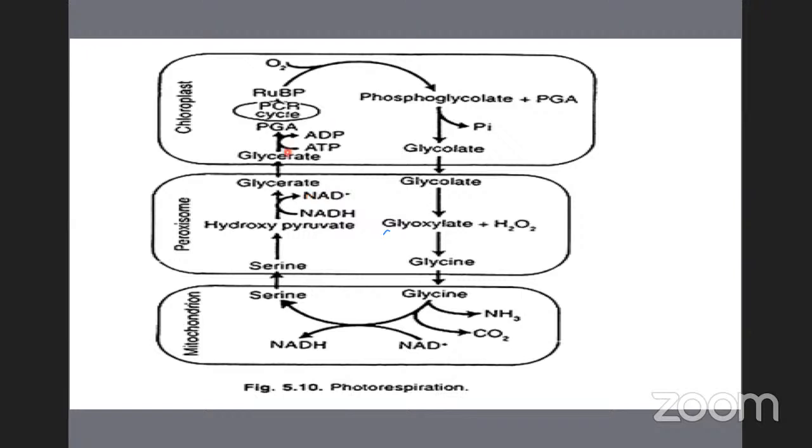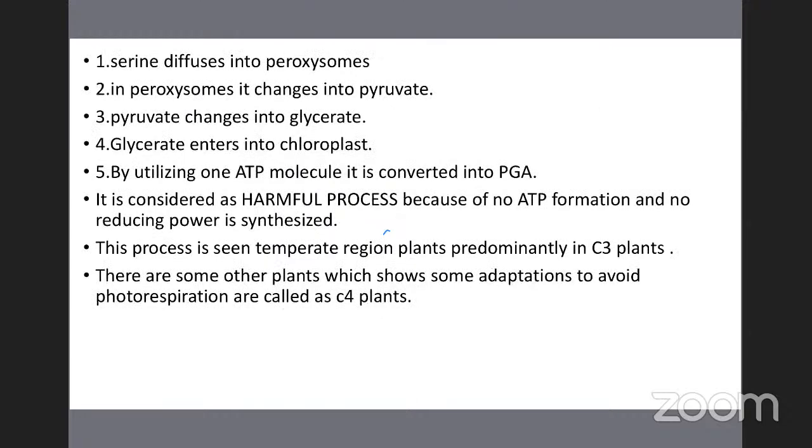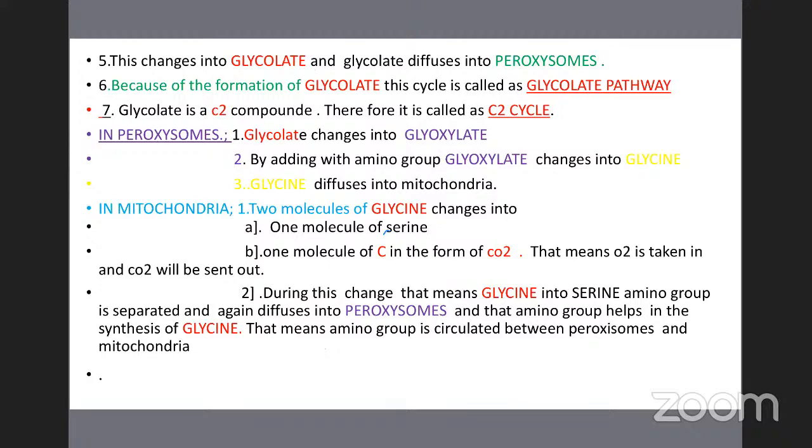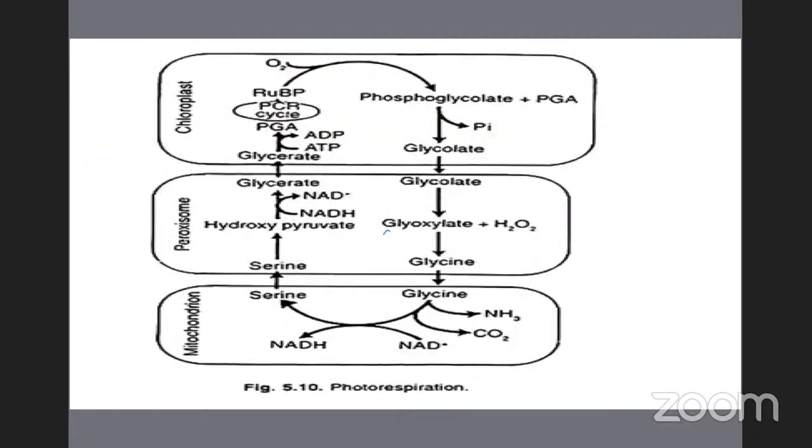Again, in the chloroplast, by utilizing one ATP molecule, it is converted into PGA, and this PGA helps in the formation of RuBP regeneration, and this RuBP is ready to accept oxygen molecules. In the presence of RuBP, oxygen forms again the same products, that means phosphoglycolate. So in this way, the cycle will be repeated,